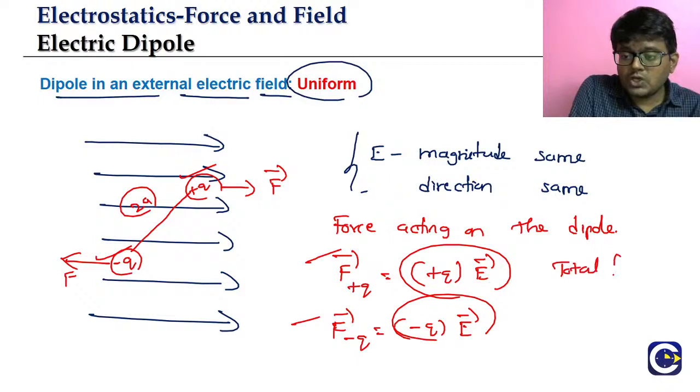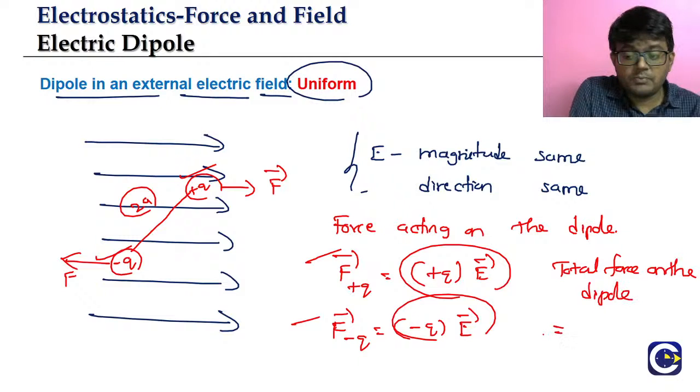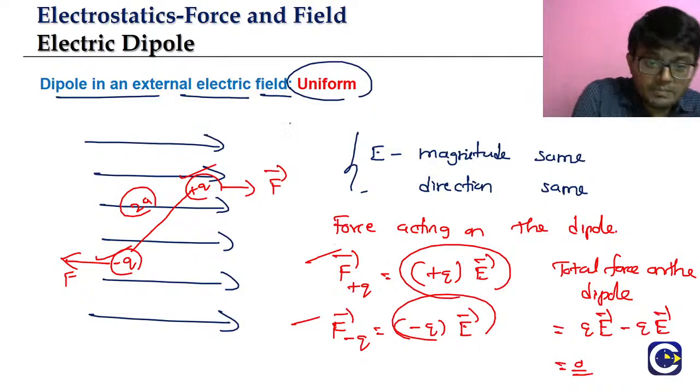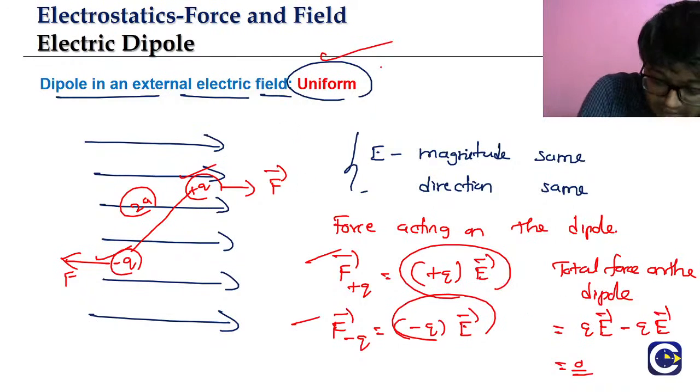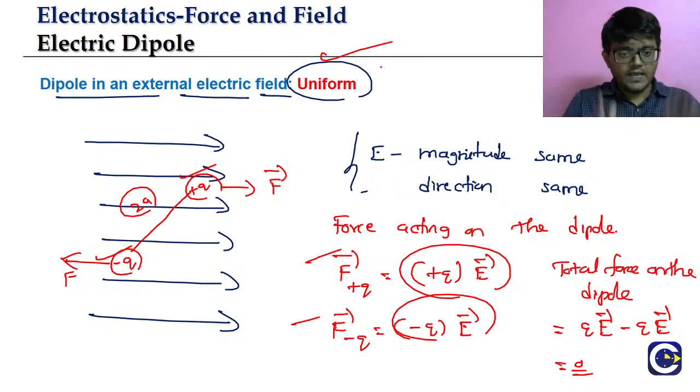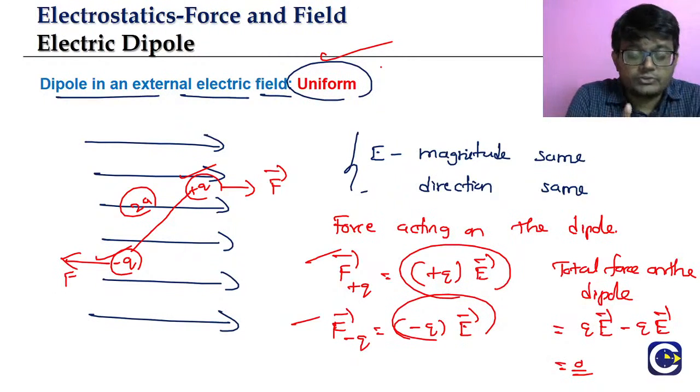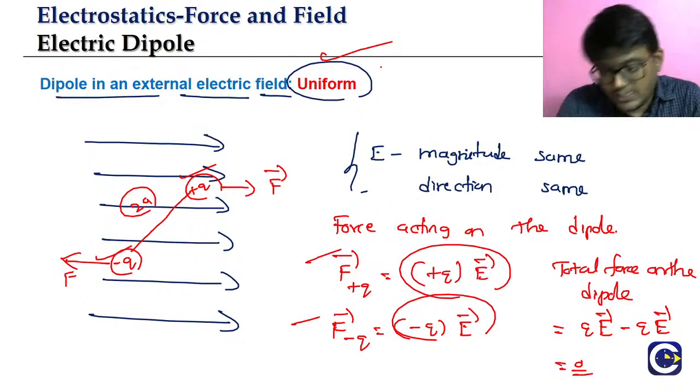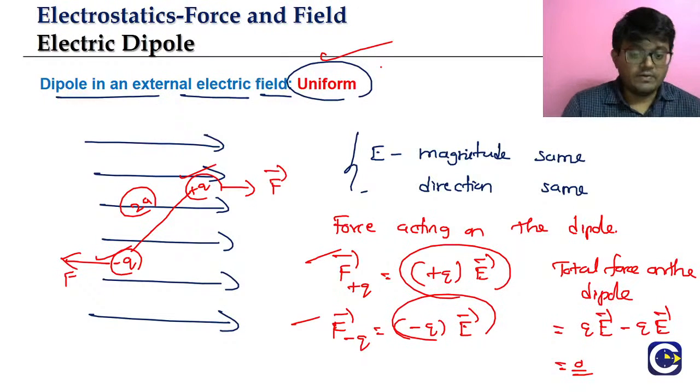Total force on the dipole என்னது? அப்படியே நம்ம இந்த ரெண்டு force add பண்ணனும். Add பண்ணி பாருங்க என்ன வருது? q into E minus q into E. What is the total value? 0 தானா? Which means what? If we keep a dipole in uniform electric field, the dipole அப்படியே எடுத்துட்டு we are keeping this in what? Uniform electric field. Uniform electric field குள்ள நம்ம dipole place பண்ணா what is it? The net force acting on the dipole is going to be what? 0. என்னது? Net force acting on the dipole is going to be what? 0. ஓகேவா? But